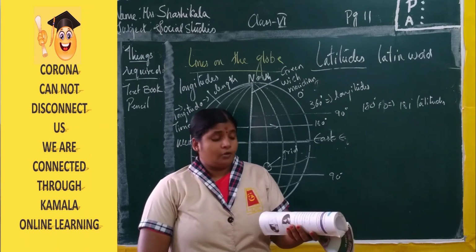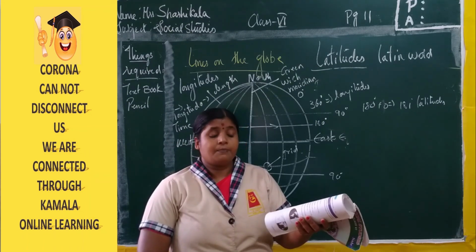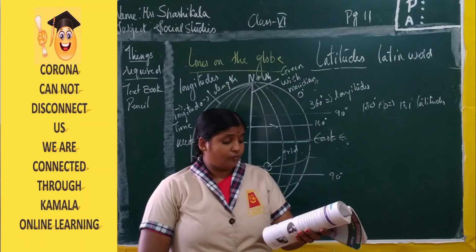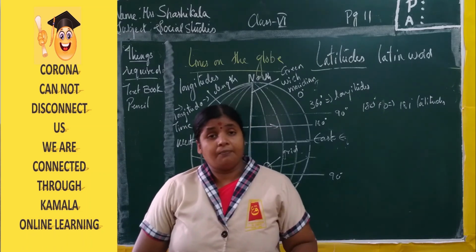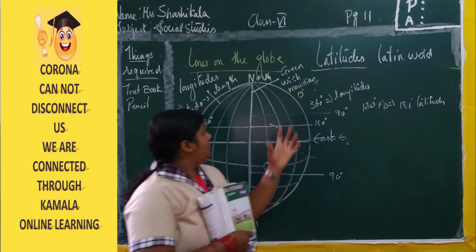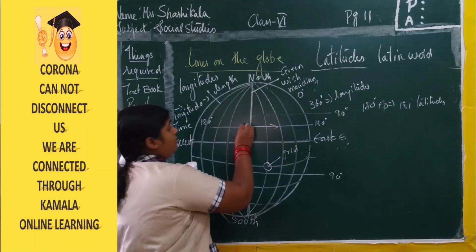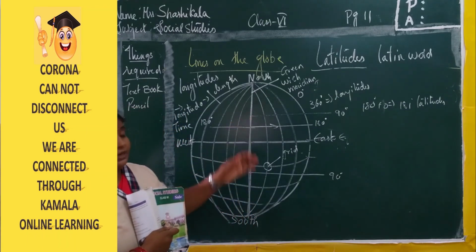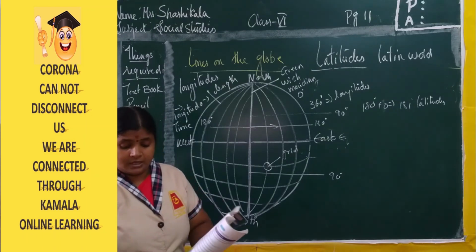Now latitudes and longitudes create a net that covers a map and helps us to locate the places. If you know the latitude and longitude of a place, you can locate it on the map or on the globe very easily. This network is completely like a web, where we can see the intersection of the two points, latitudes and longitudes. These are helpful to know about the places very easily.